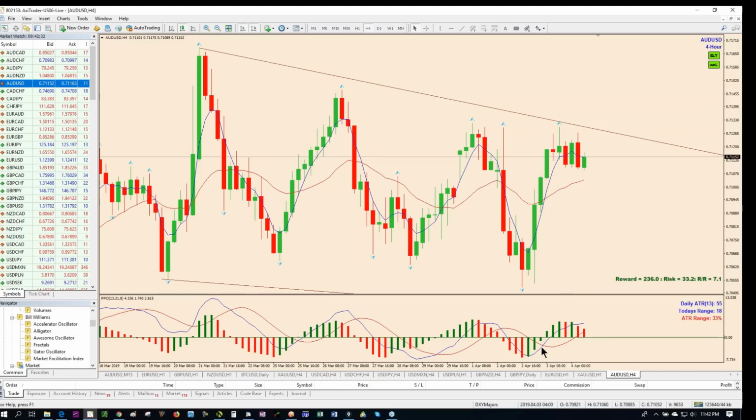We can actually do this without any of the indicators. You don't really need any of them on the chart. But they're used as a guide to help you as beginners to understand what you're looking for and to make it a lot easier for you to spot the 1, 2, 3s. So at this point on the chart, Aussie USD again is setting up a 1, 2, 3 top, and you can tell because there's a pin bar that's starting in right up here,